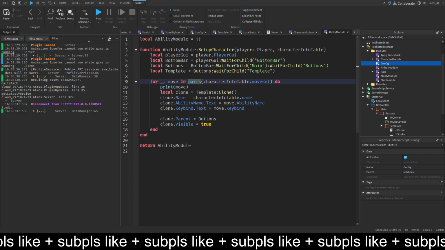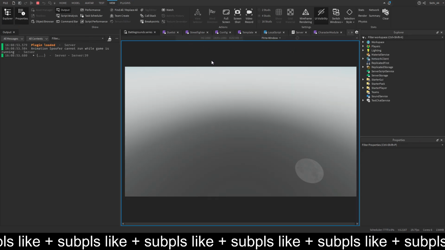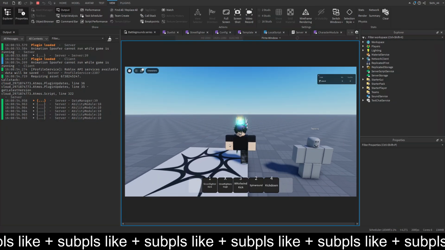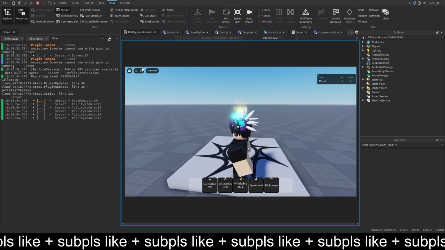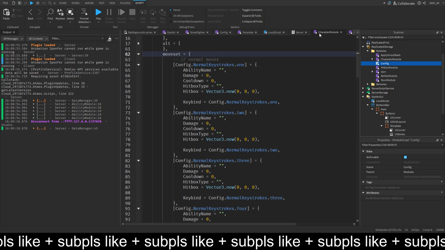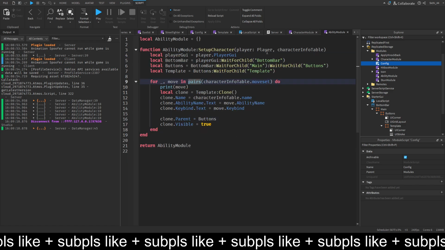Let me just do pairs. See if this works. It does. And now, as you can see, it kind of works. So yeah, you get all the different things set up, but we don't want it to display the ults. And so we basically want to do,